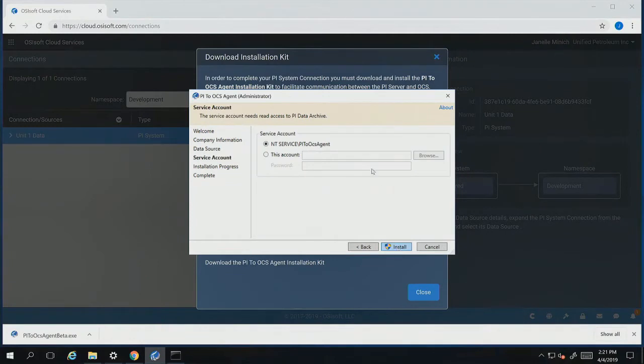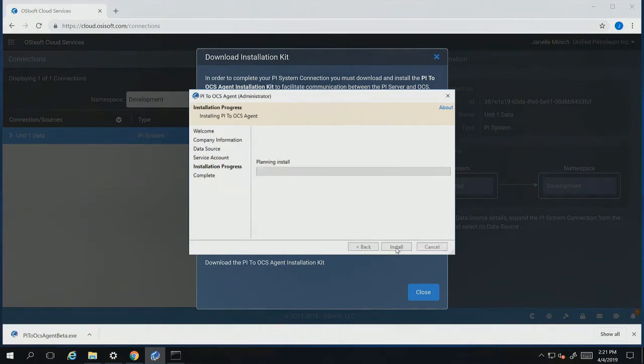And then what Windows account can I read data from to that Pi server? So it's using Windows permissions on-prem to authenticate and read the data from your Pi system. And that's it. I click install. This is not fast-forwarded. This is real. This is what really happens. And you can see it's very quick. And I click close,